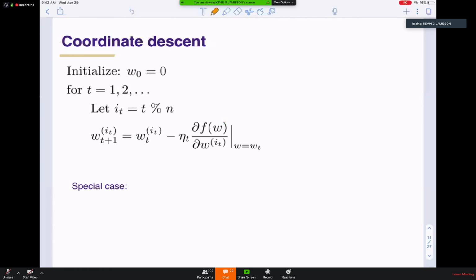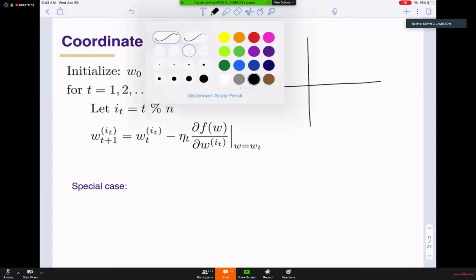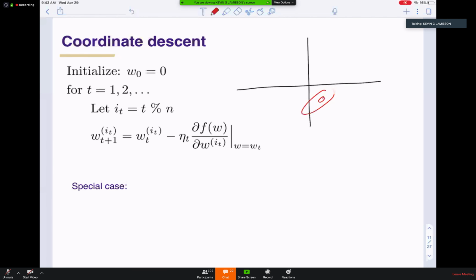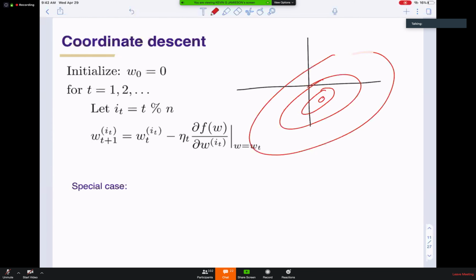Another thing I wanted to mention, in higher dimensions, is another algorithm that relies heavily on convexity, which is coordinate descent. So if you have a convex function, and I'm looking down on it, it will look something like this. You can think of this as looking down onto the epigraph from above. So now I have x1